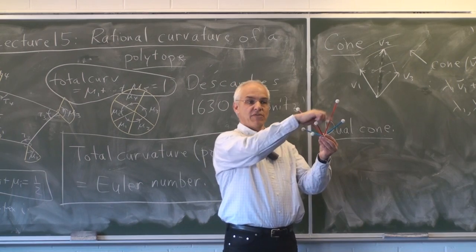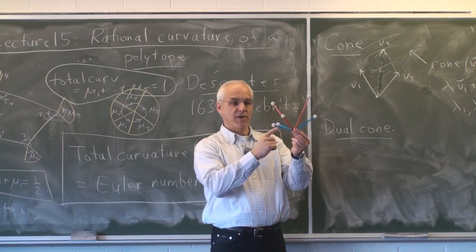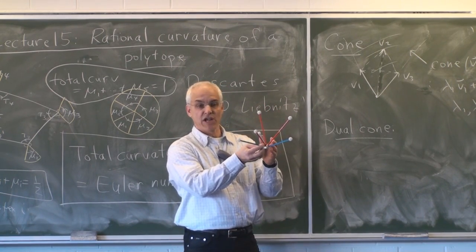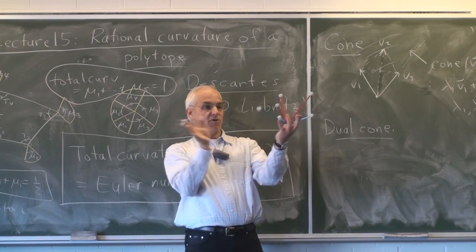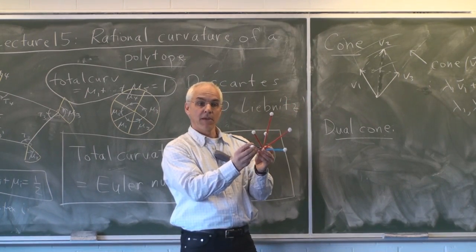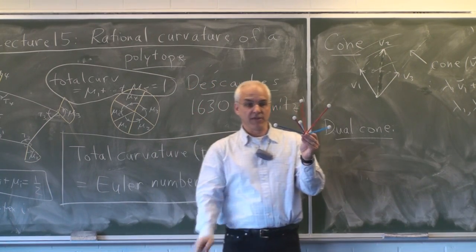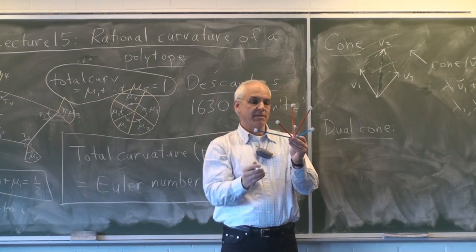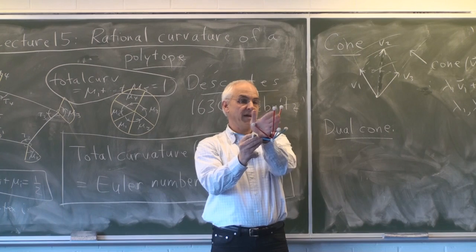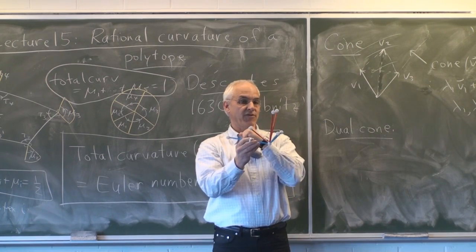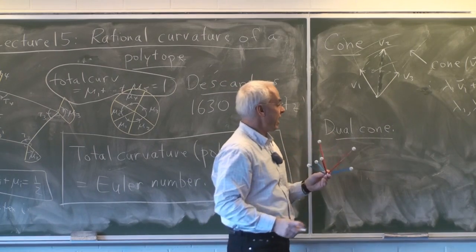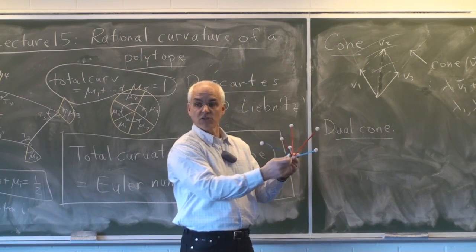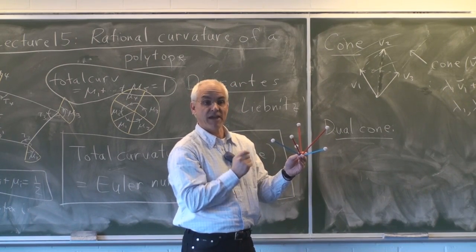So there's the 3 original vectors in red that we had before. And now I've got 3 other vectors emanating from it. And these blue vectors generate another cone, which is in this case wider and broader than the original one, which is a bit more narrow. And it's characterized by the following things. This vector here is perpendicular to this face. And similarly, this vector here is perpendicular to this face. And this vector is perpendicular to the third face. So a cone has 3 faces, has 3 edges, and also 3 faces. And we're choosing vectors which are perpendicular to those 3 faces.